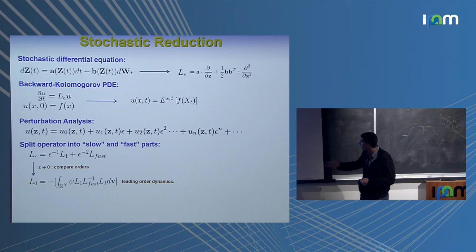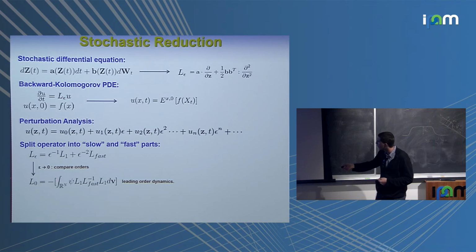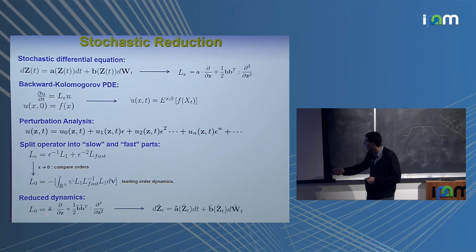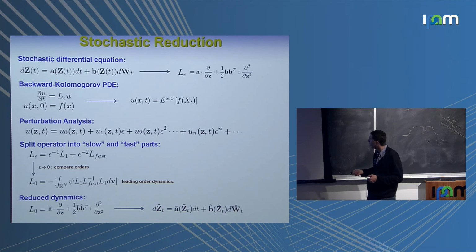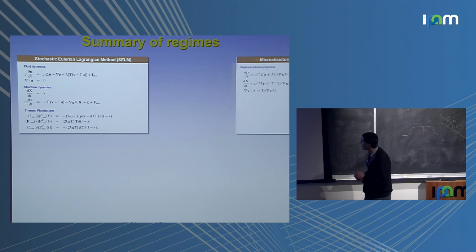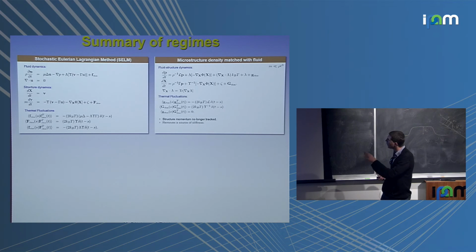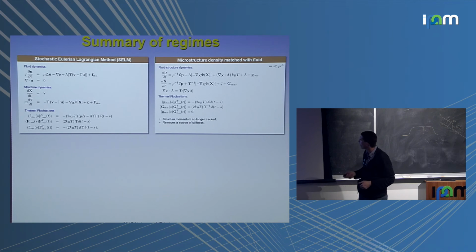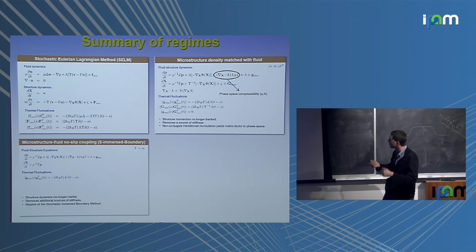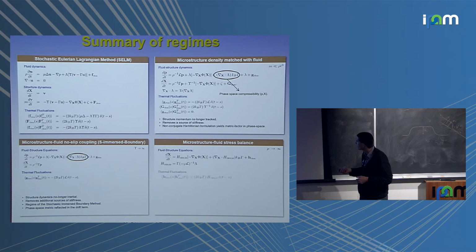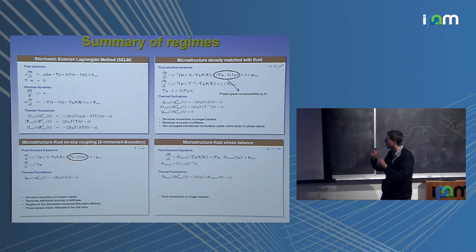So you can get from L epsilon, as epsilon goes to 0, an effective infinitesimal generator, right? That gives you this, and then by reading off the coefficients, this gives you your reduced stochastic process. And by doing that for our fluctuating hydrodynamics description, you can put what I call SELM, the stochastic Euler Lagrange method, a lot of different techniques all in this unified framework. And so you have things like the immersed boundary method pop out, when you have very tight coupling,